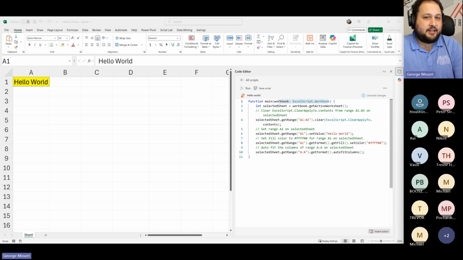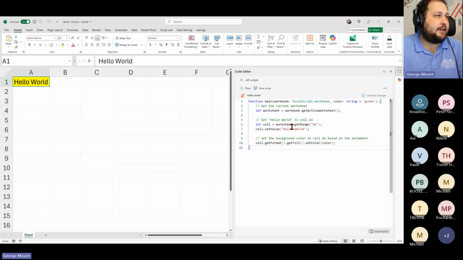Let me put this one in the chat here. This is also all on my website. You can follow along with that later on if you want. Let's paste this into our script here. This one is a little bit more streamlined, so I'm not worried about clearing out cells A1 through A5 anymore. But what I am doing up here is,